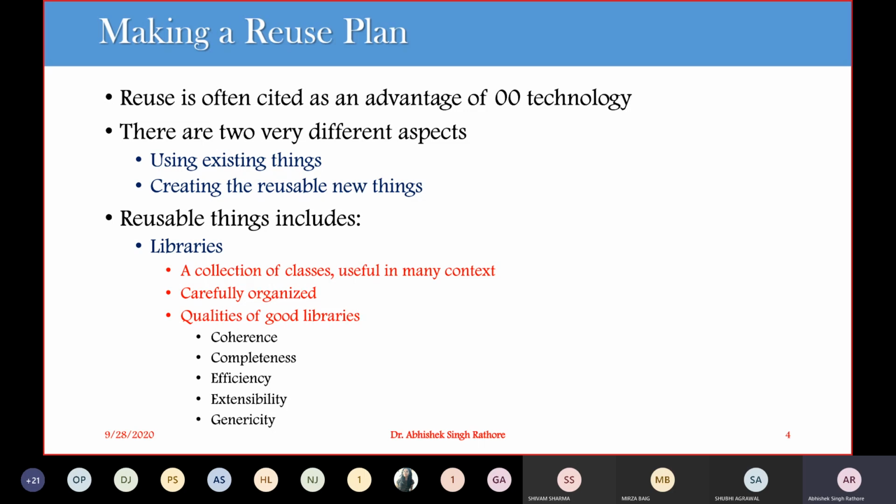Reuse is often cited as an advantage of object-oriented technology, but it doesn't happen automatically. We have to plan all this reuse. There are two very different aspects related to reuse: you can use existing things, or you can create new reusable things.